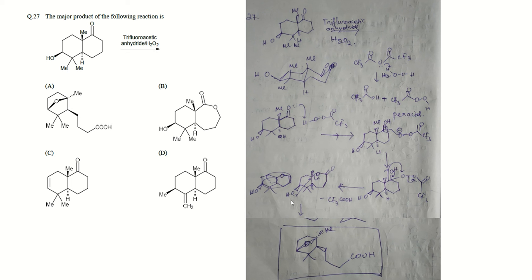Again in the second step, OH attacks this ester and forms this type of product. This OH is already above the plane and it can attack only from above, hence the O should be above, and the methyl will go below, and this whole part will be above.